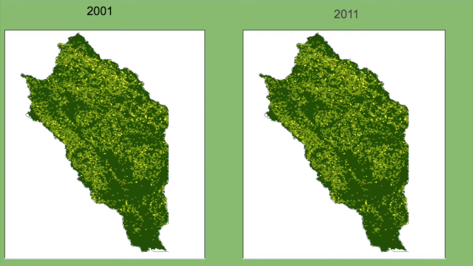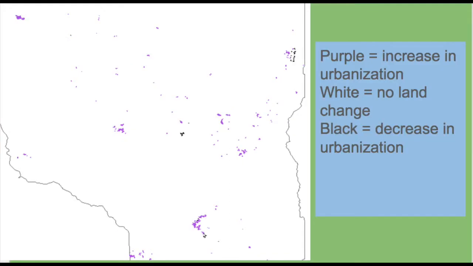Looking at the soil loss maps side by side, there is no perceivable difference between soil loss in 2001 and 2011. Why is this? Subtracting impactful land use changes over this time period starts to illuminate the answer. Depicted as areas with a change in land use in San Lorenzo, purple is a change from less problematic to more problematic land use, such as forest turning into development, black is the reverse, and white depicts no change.